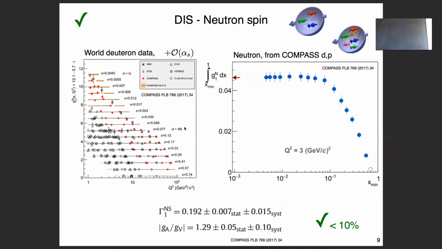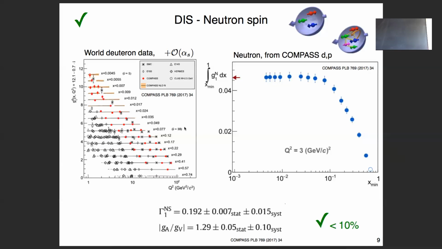And of course, we also now know the predictions much, much better, but the game is no longer about directly comparing these quantities. It's rather arriving at tests of some of your underlying assumptions, one of them being the Bjorken sum rule. So you see here this convergence, qualitatively very, very similar to the proton, of course. Then in terms of this proton minus neutron moment, so the Bjorken sum, the central value is 0.192, and